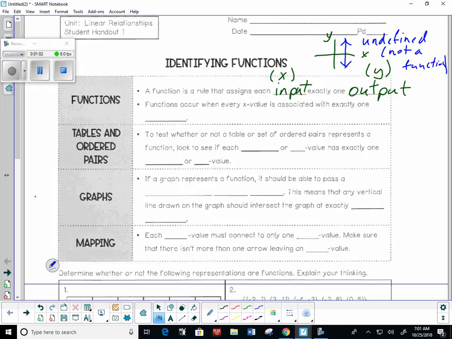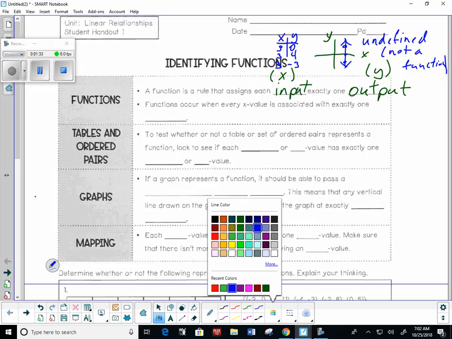Basically, what that looks like is, say this x value is 3. Okay, so we can make ourselves a little table of x and y values. We could say that this point right here is (3, 0). That point there is (3, 4). And this point here is (3, -3). Okay, so when you see this, then